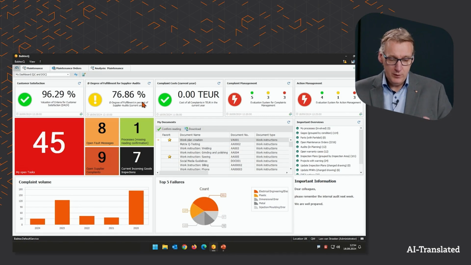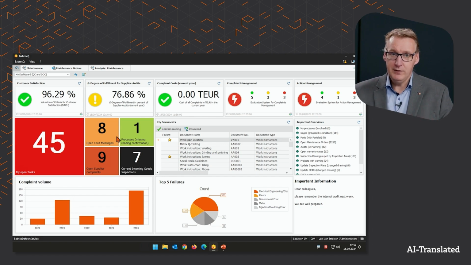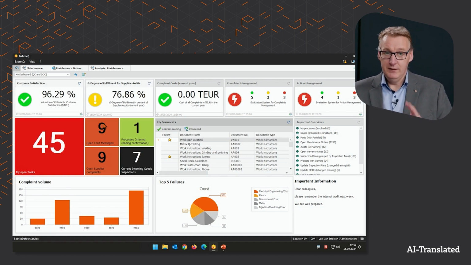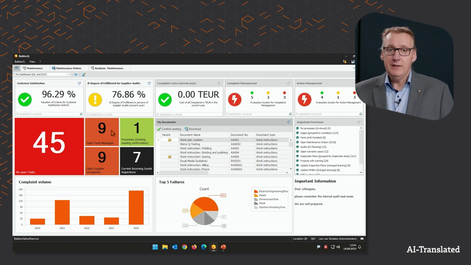So we've switched back to my personal computer, and I'm now currently here within my Babtech Q software. And you can currently see here within the dashboard that there are 8 error reports. That's still an old status. I explicitly did not update. If I update this dashboard now, then this number currently changes to 9 error reports. By the way, you can configure that this update happens automatically. Of course, I've turned that off now explicitly. And this tile within this dashboard shows that there are now 9 error reports.